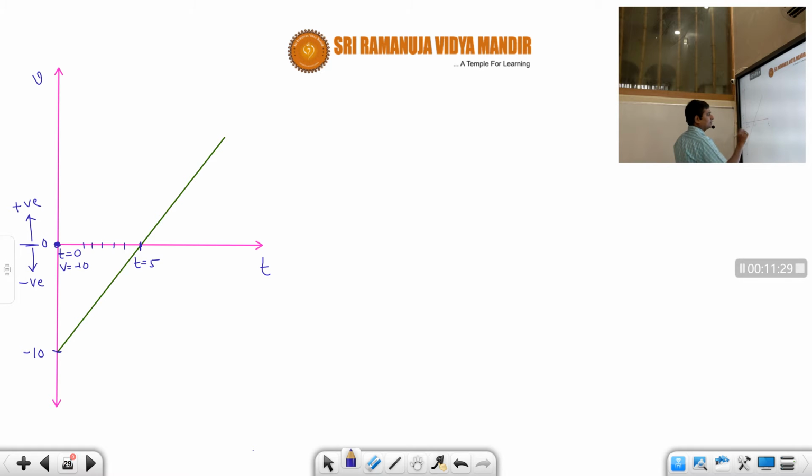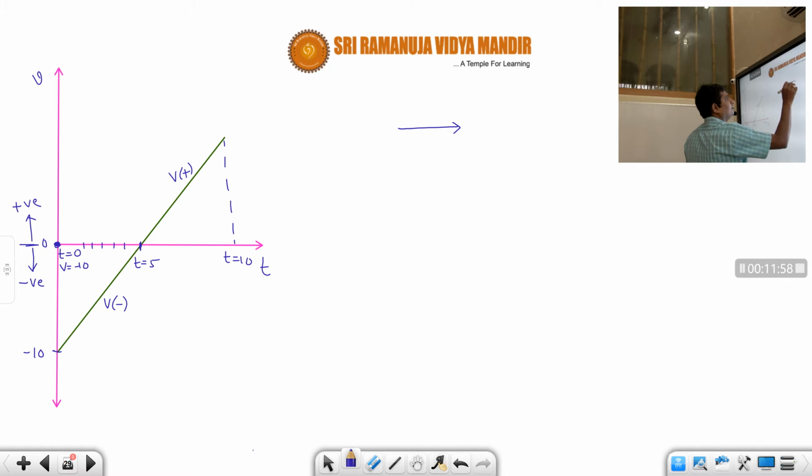Then afterwards what is happening? So that means from t equal to 0 to t equal to 5, velocity is negative. And from t equal to 5 to maybe let's say t equal to 10 seconds, during this interval, velocity is positive because it is lying above the time axis. Correct or not? I hope, students, you understood. So this is v, below this, that means up to 5 seconds velocity is negative. Then afterwards it is becoming positive. So that means velocity is negative, then positive.